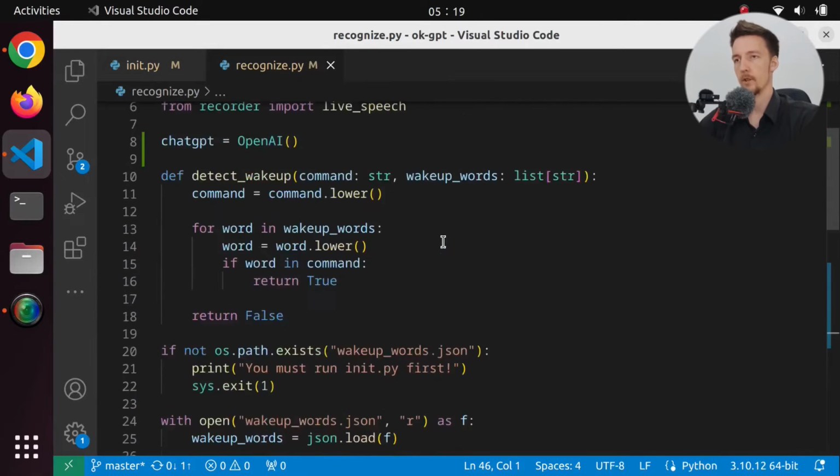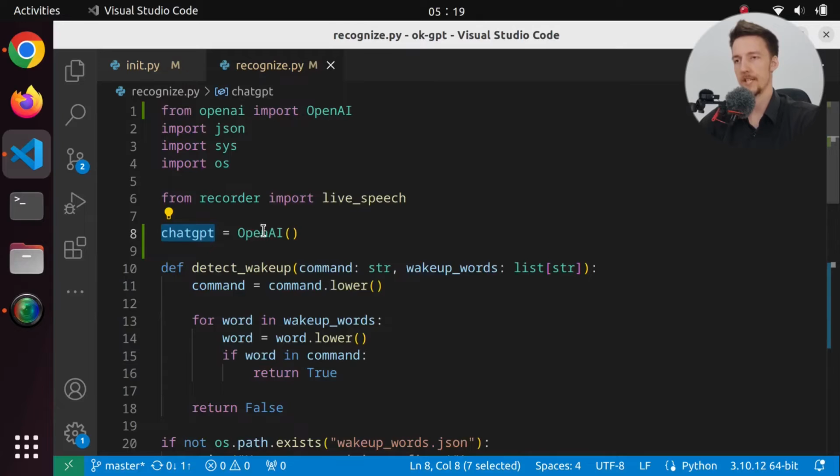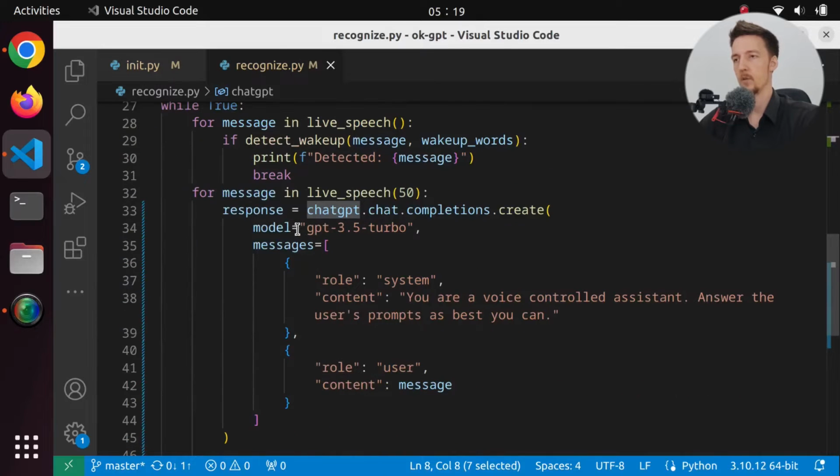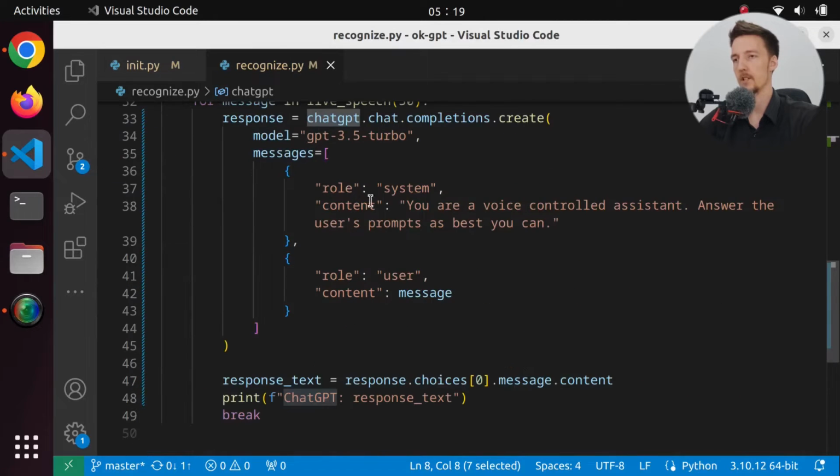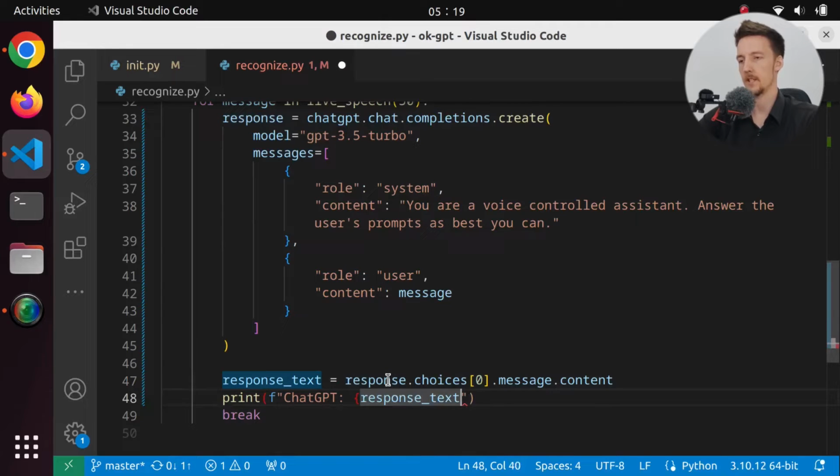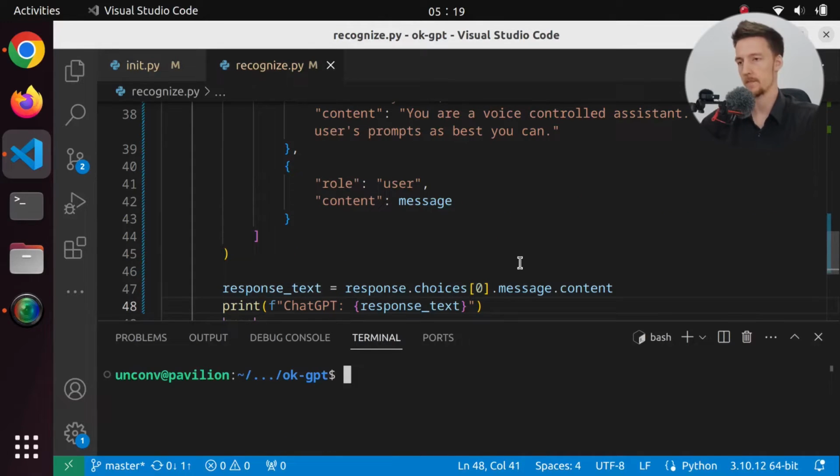So let's look over the code again. So we initialize ChatGPT, and then we send a completion with a system message and a user message, and then we get the response, and then we print it. And this, of course, has to be in curly braces. So let's see if that works. So let's run python3